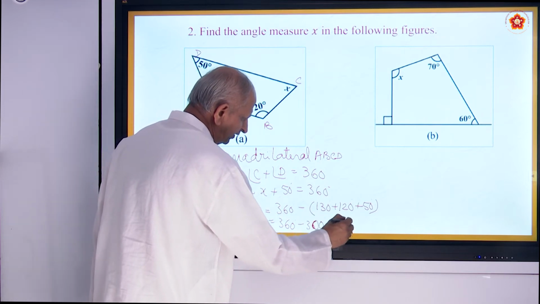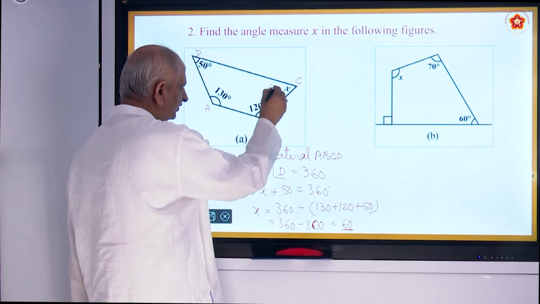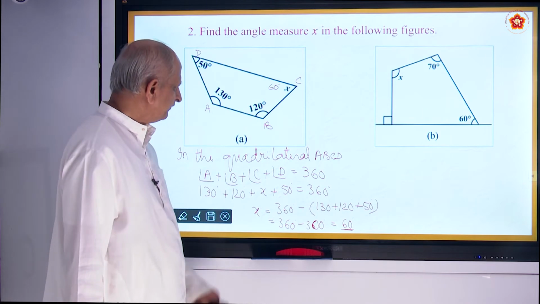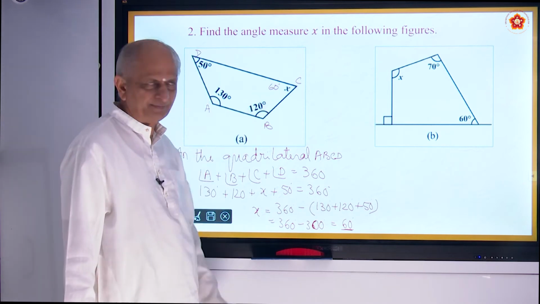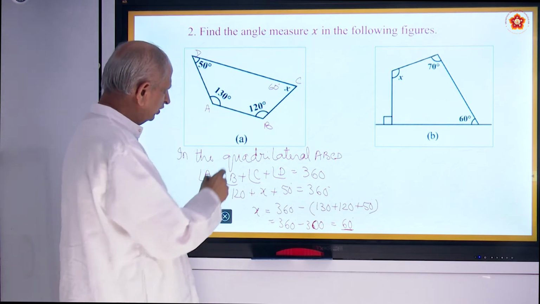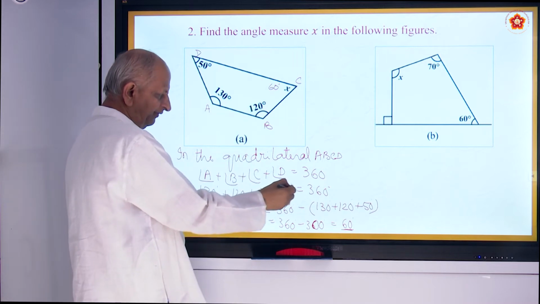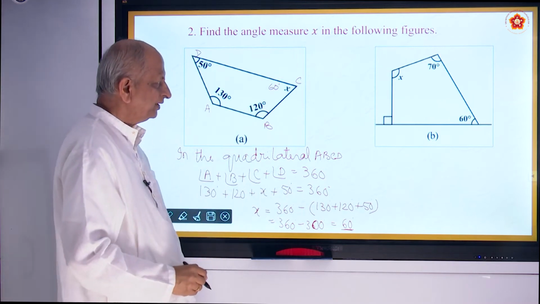Is equal to 60 degrees is the answer. So, value of x is 60 degrees. And if you add all these angles, how much you must get? 360, correct? Understood? What you have done is add all the 3 angles and subtract from the 4th angle. Similarly here,